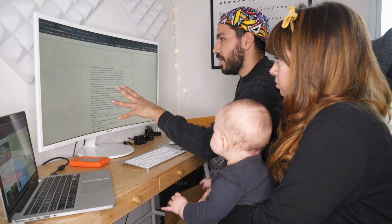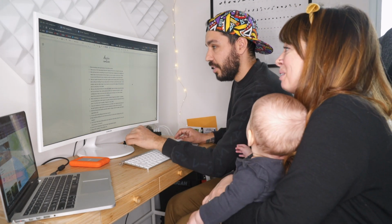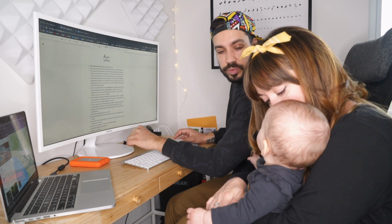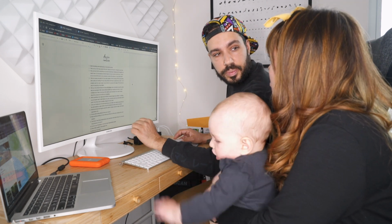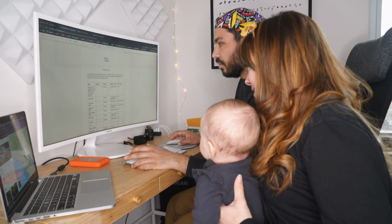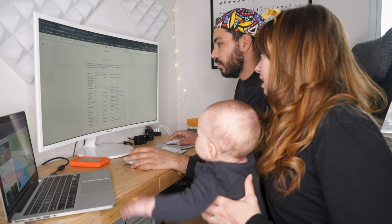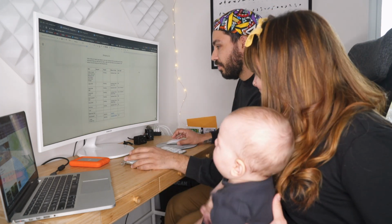They also sent us steps on everything we need to do. That's perfect. It's so good, especially having this little one. Sometimes it's hard to concentrate, and it's nice to have a step-by-step. Okay, so we have our shopping list too they sent us, which is great because it tells us not only what we need, where to get it, how much it costs,